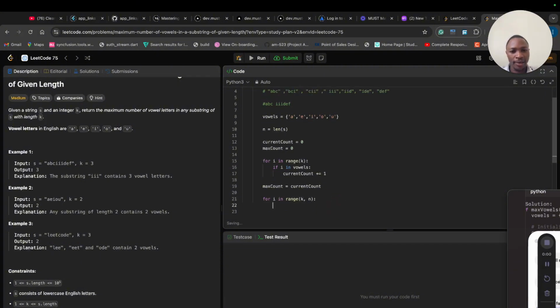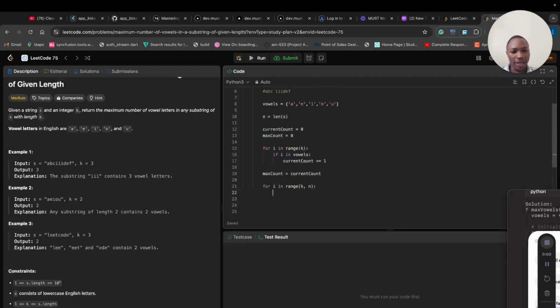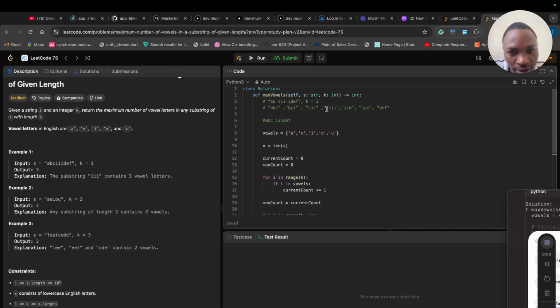Because we have already traversed through the first three characters ABC here, and we already know the maximum count of the vowels. Let me explain it again. So for you to go to the next value, to create this BCI, we remove the first element A, because again we are looping through the elements, and also we add to it the next element after C, which is I. So now it becomes BCI. We just want to use that one to make the